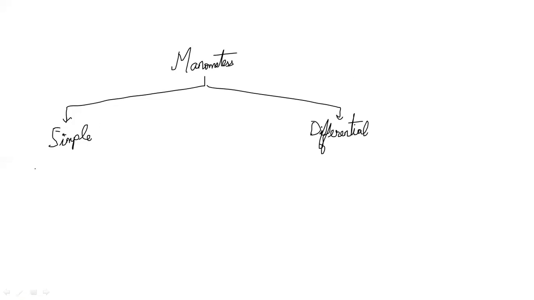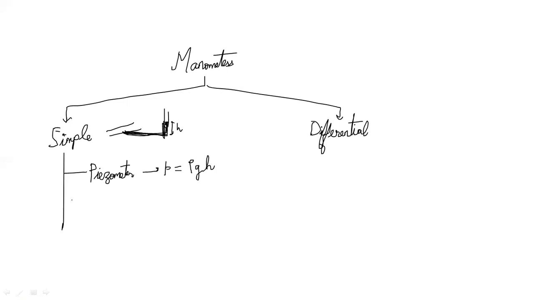Now, in case of simple manometers, the major concept is that pressure is measured through a single pipeline. If we simply insert an L-shaped tube, without mercury or any oil in the tube, in a flowing pipe of any fluid, then that is a piezometer. That is the simplest example of a manometer. In a piezometer, we only observe the rise of fluid in the pipe. Suppose this is a rise of height h, then the pressure is rho g h. That's the most simple case.